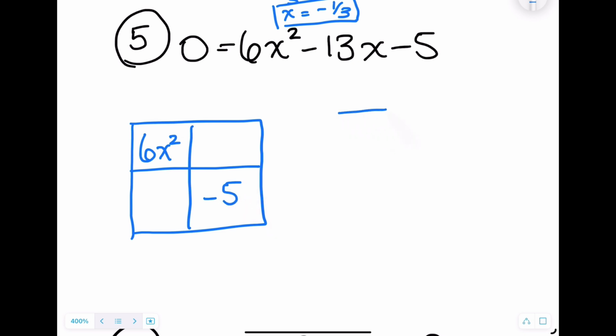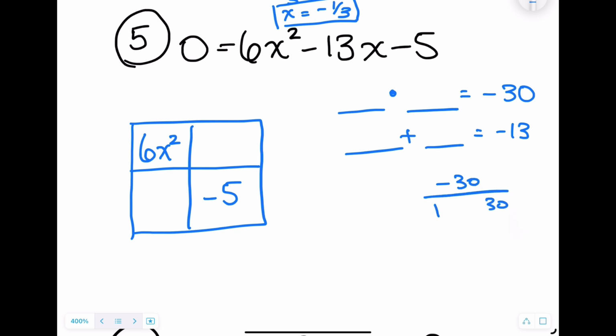This time, we need two numbers that multiply to equal 6 times negative 5, which makes negative 30, and two numbers that add to equal negative 13. The factors of negative 30 are 1, 30, 2, 15, 3, 10. And the values that work in this case are 15 and 2,